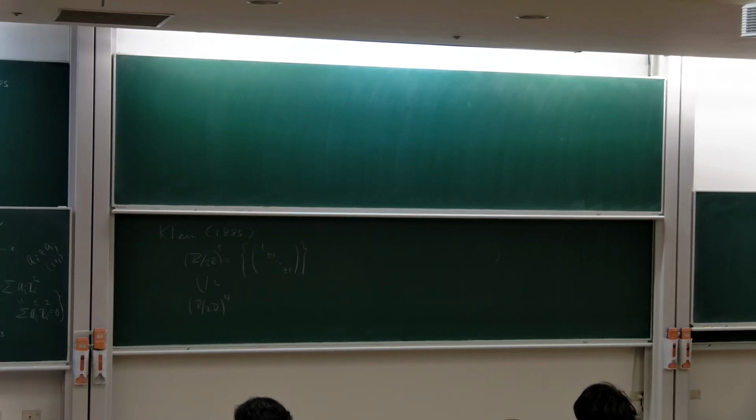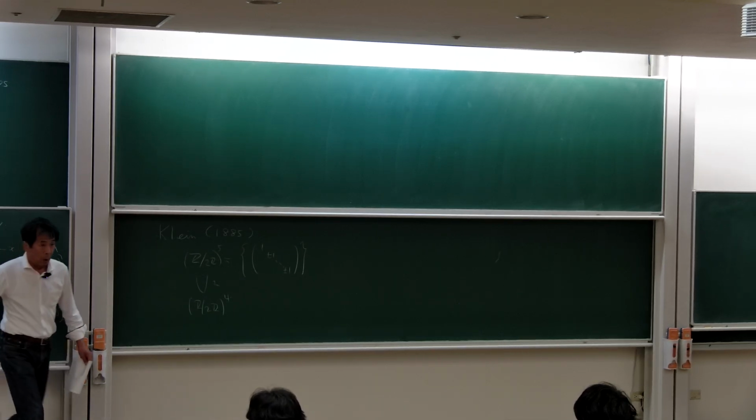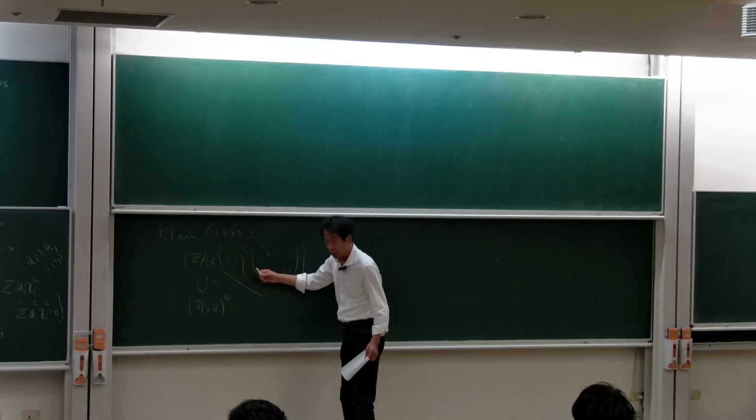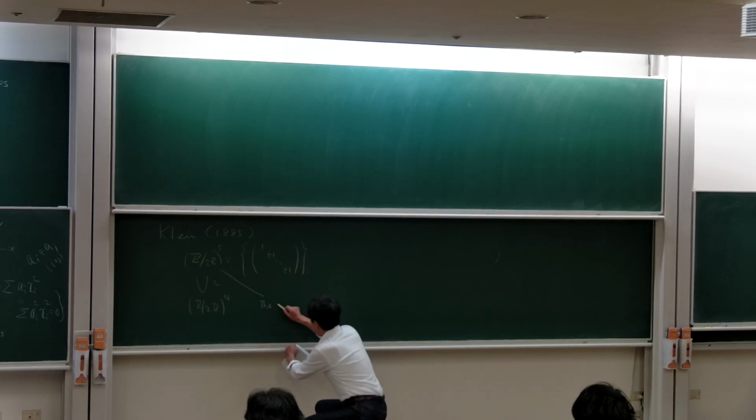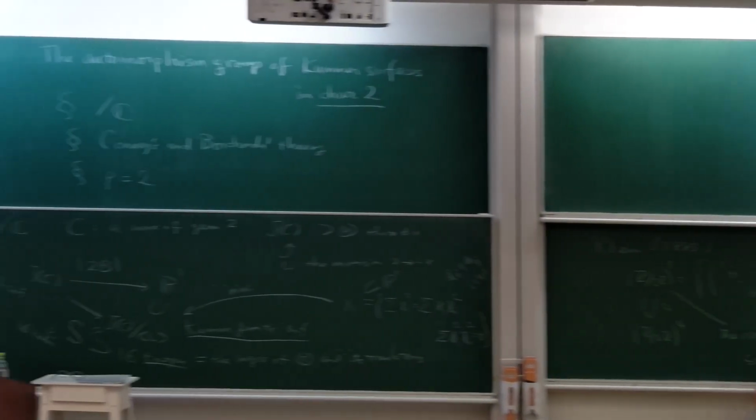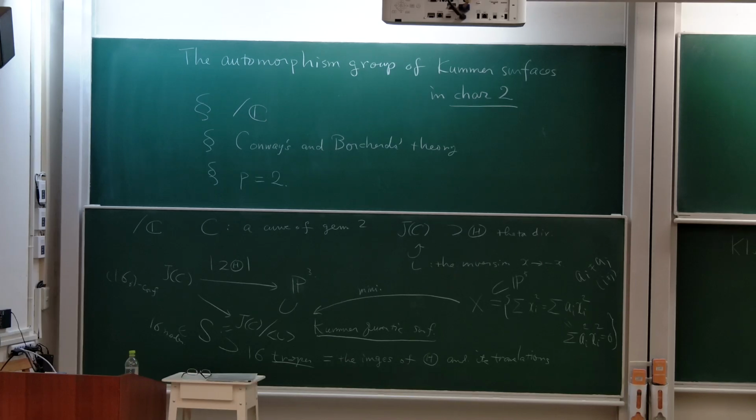16 nodes and 16 tropes. And the remaining one, so we have 32 involutions. So the remaining 16 involutions switches, sorry,